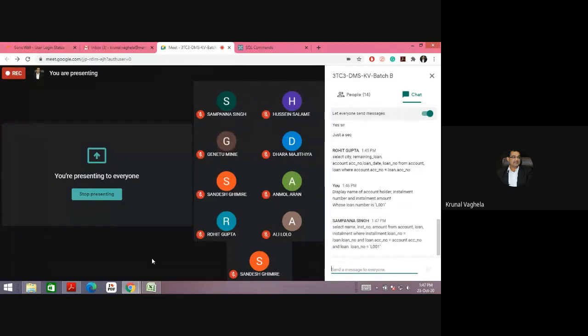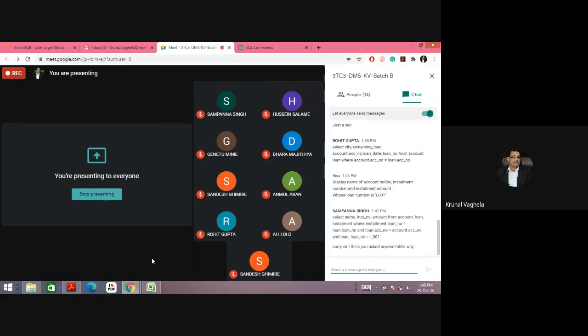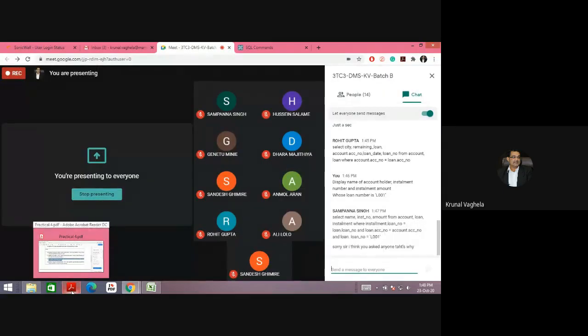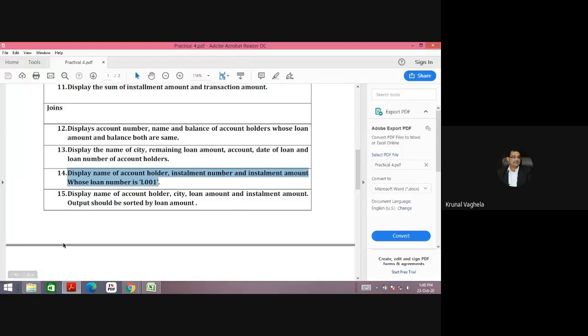So these all are similar kind of queries. See, I told you not to type. Why are you typing? I will ask a particular student, then that particular student needs to reply. These all are similar queries, not at all any difference. Whoever I tell, that particular student needs to type, not all.